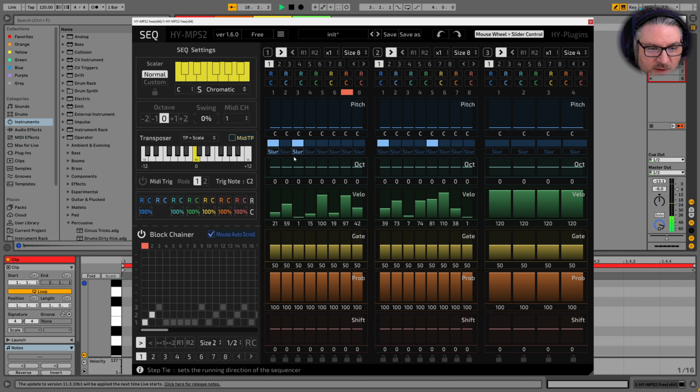Right, and so if I turn this note on, let's turn up the velocity and the gate. Now, why am I not hearing that? That's interesting. Is it because of this? Huh.